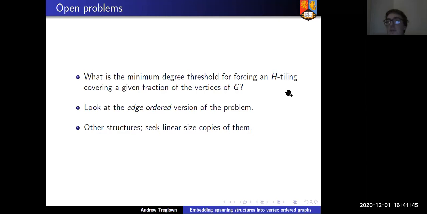The reason things are different here is that for the problem we're looking at, the thresholds depend on the chromatic number. So if you've got a problem where the chromatic number of the structure you're looking at is a parameter governing it,